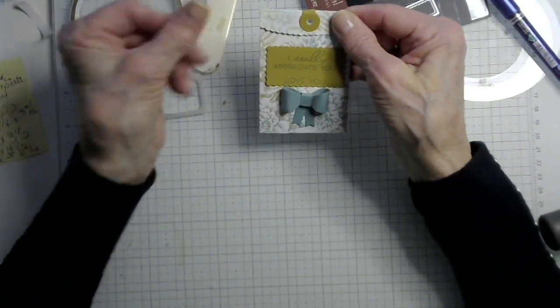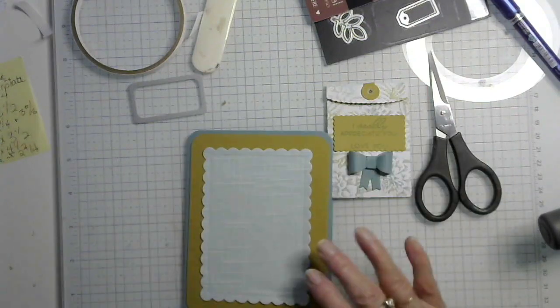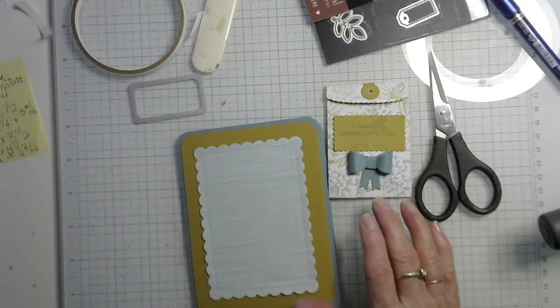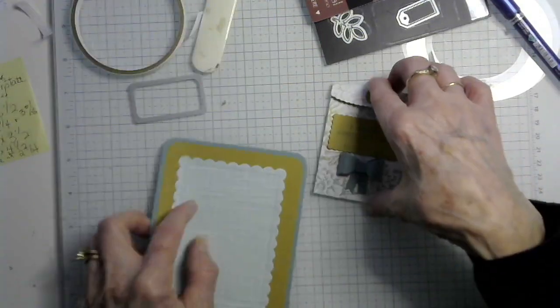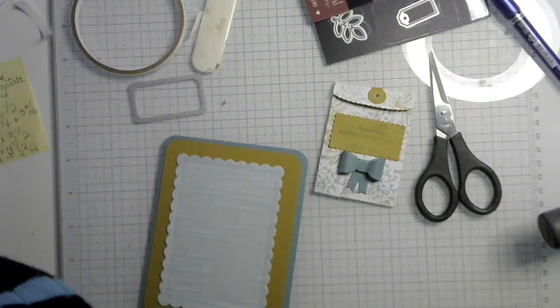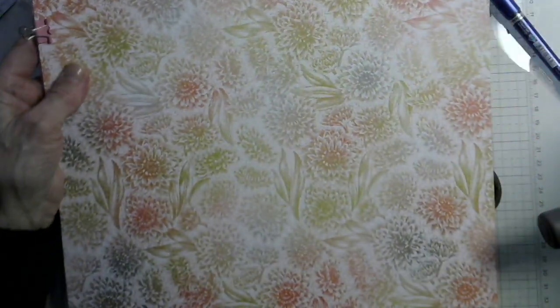And there's your little gift card holder. Now, another thing you can do, and I got started on this and didn't quite get finished before I was running a few minutes late, but I took, let me show you the paper. This is a celebration item, a $50 celebration item,